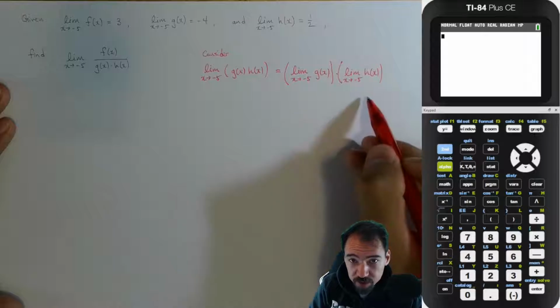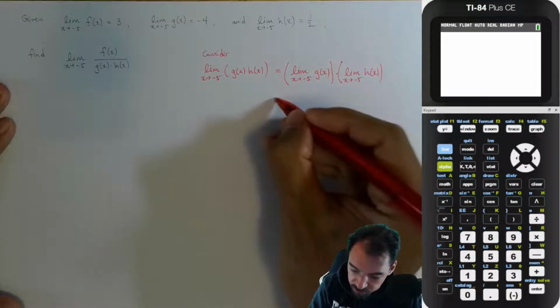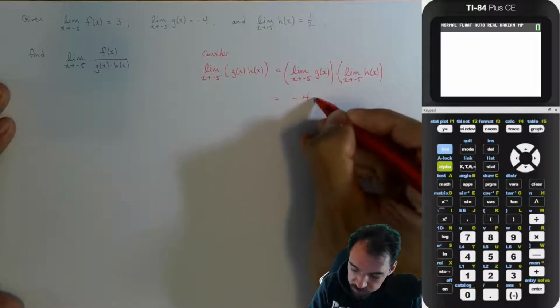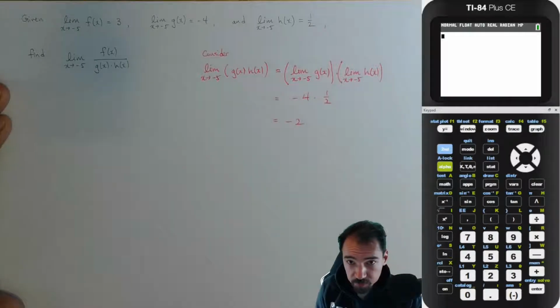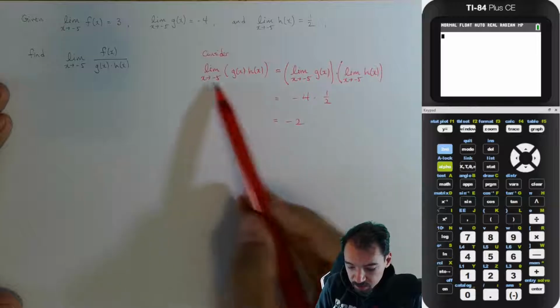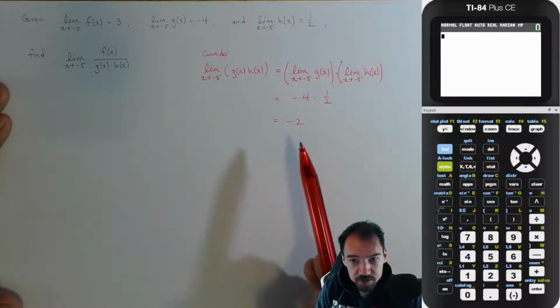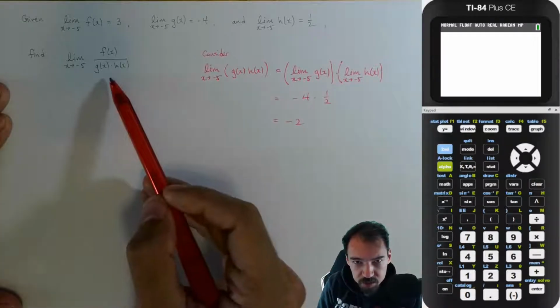We have both of those values. That's -4, that's 1/2. That's -4 times 1/2, which gets us -2. Okay, so we understand that this exists and it is not equal to 0, which means we can go over here and say,